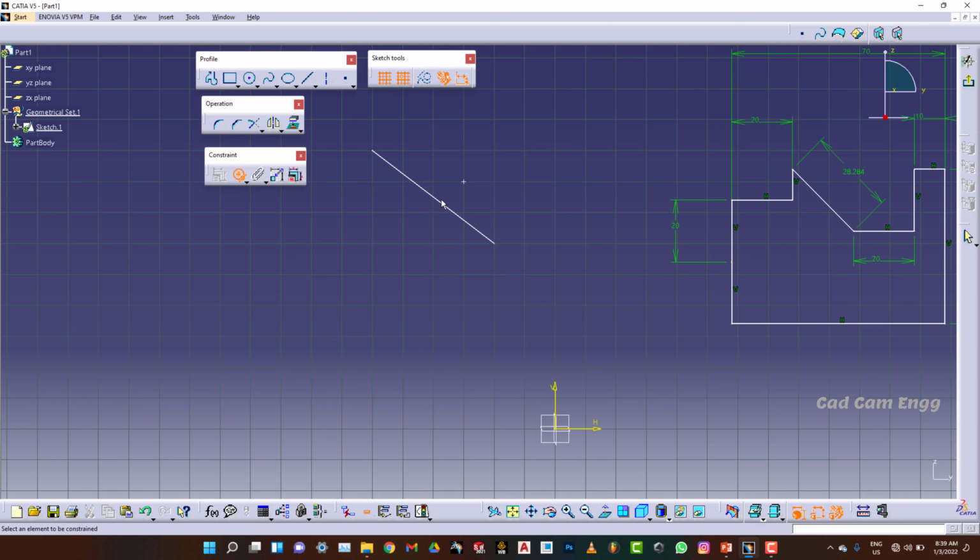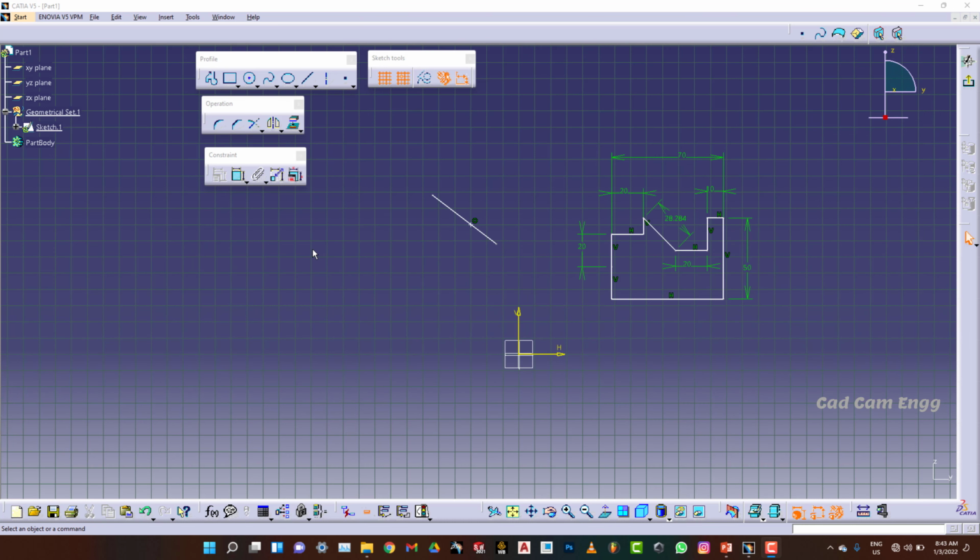After that I am selecting a line, and then a point I selected, and the point came here. I'm giving Ctrl Z, then I select the point first and the line second. Like this. What you want to move, you have to select second. The fixed object should be mentioned first.